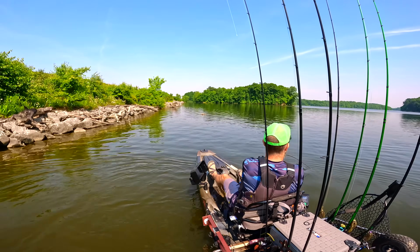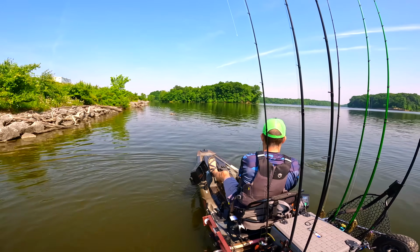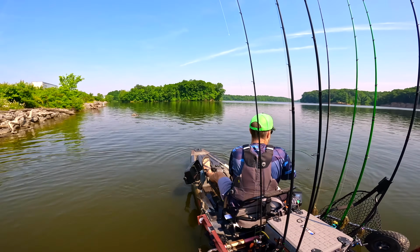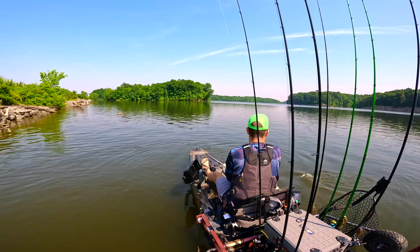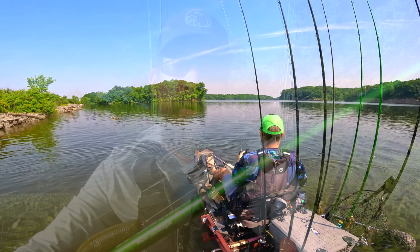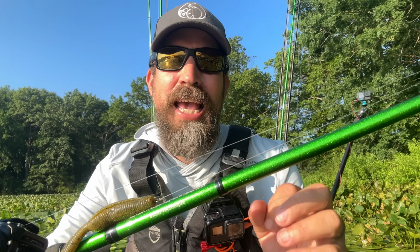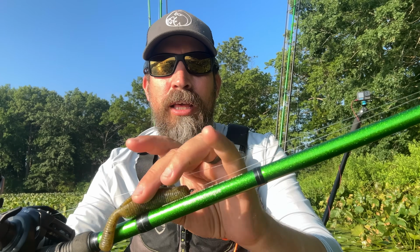You want to drag it off the bank like a frog, right? Snap the rod tip to make it dart kind of erratically, and then pause and let it fall in those holes. I like to fish this around lily pads, run it over the tops and drop it through the holes. It swims great on top and falls even better, and it has this blunt tip. You guys see that right there? When that blunt tip hits the edges, it kind of makes the tail on this thing go crazy, has a